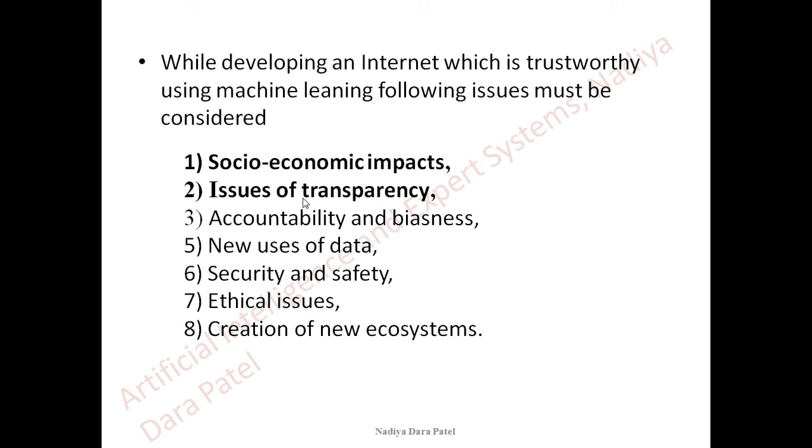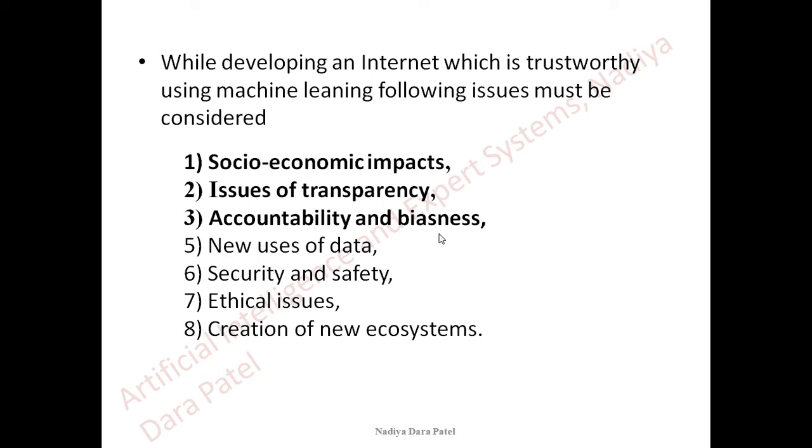So even if you are building an artificial intelligence enabled device, you cannot feed anybody's data into it on the basis of trials. So the next is accountability and bias. Again, this is one more thing which is to be taken into consideration. Now here, bias we can explain, for example,